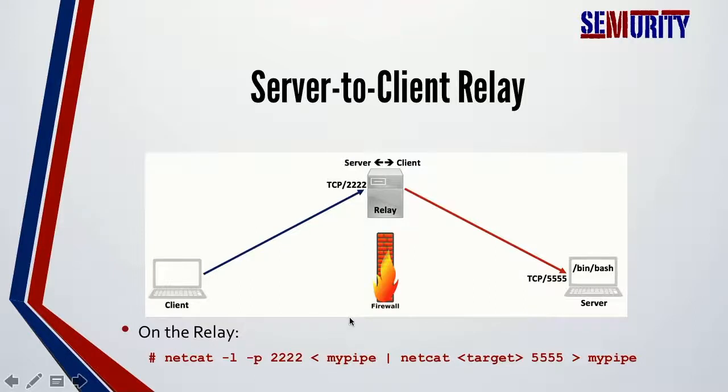And on the relay, we will have exactly the same configuration. The only thing we're going to change is the port number, which is the port number of the Netcat server on the target machine that is attached to the bin bash. And then we will connect from our machine using another Netcat instance connecting to the relay machine. Let us look at a demo.